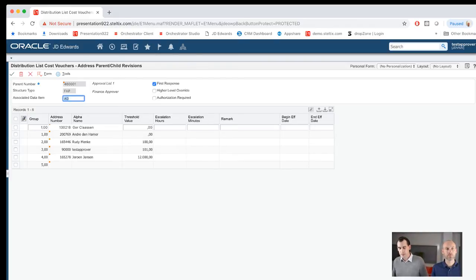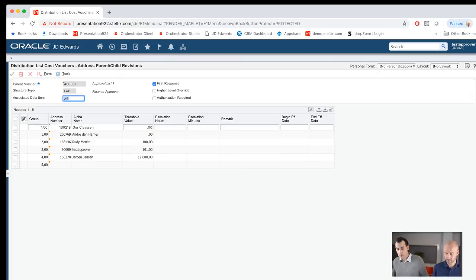And what we see here is that in fact there are two basic approvers, and those are there to help with escalation. So when somebody doesn't react in a certain amount of hours and minutes, you see on your screen escalation hours and minutes. If it's past due that time, then it goes directly to these escalation paths. Then you see from 100 euros that myself can approve. You see that from 101 euros my test approver can approve. And we have a very expensive colleague who wants to approve only invoices from 12,000.